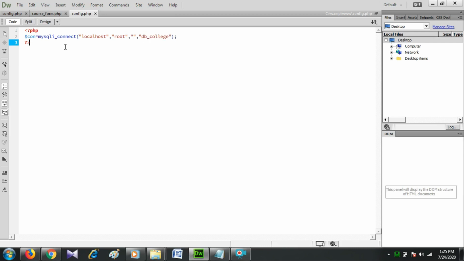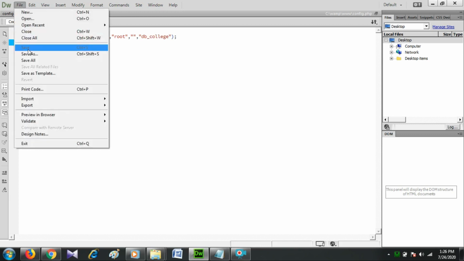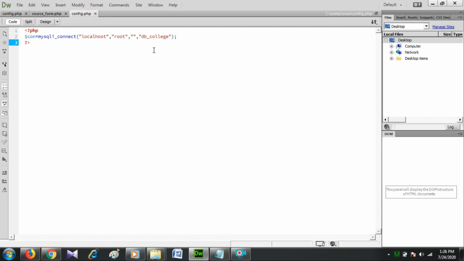Localhost specifies the host name or IP address. Root specifies the MySQL username. A null value is the password of MySQL. Commonly root is the username and the password is null, and then finally specify the database name. This is our DB connection code in PHP. Save this file by clicking File, Save.